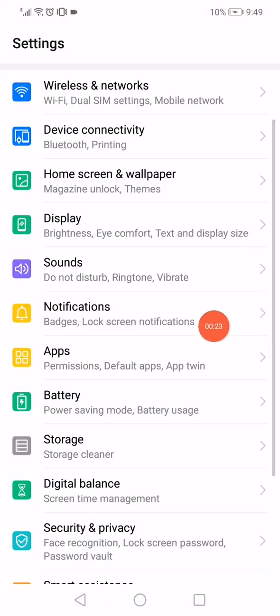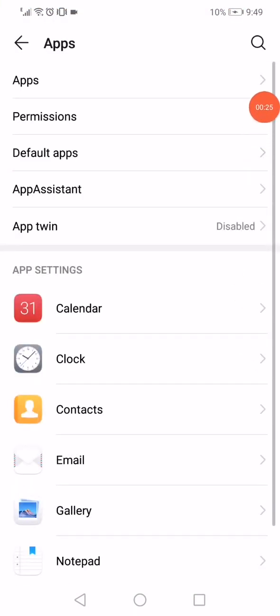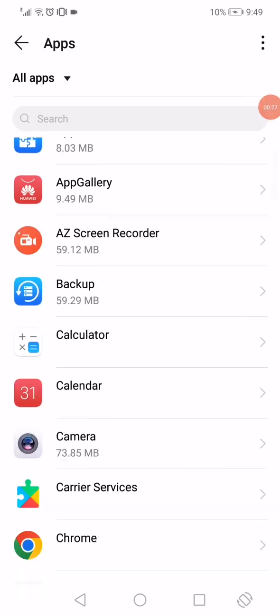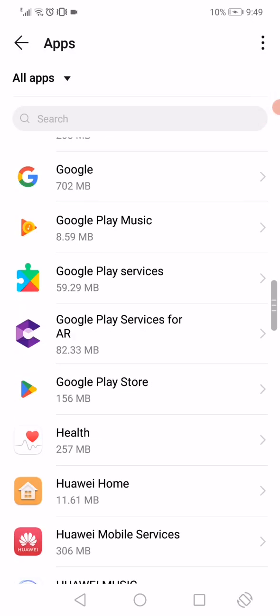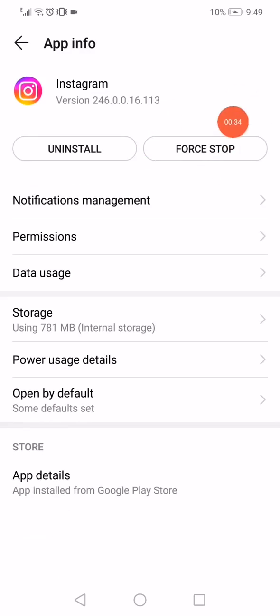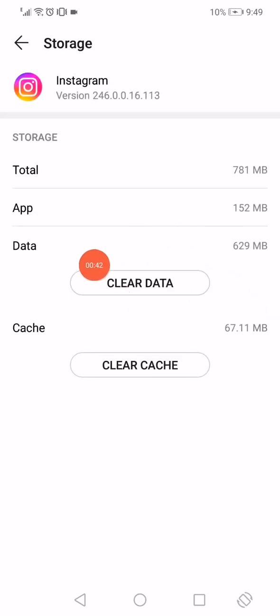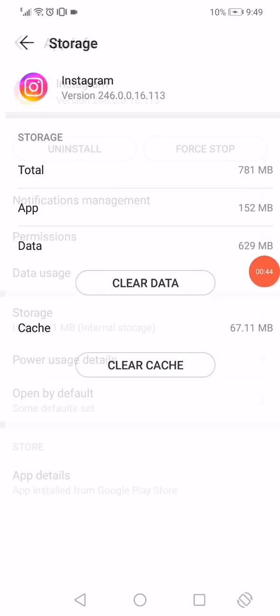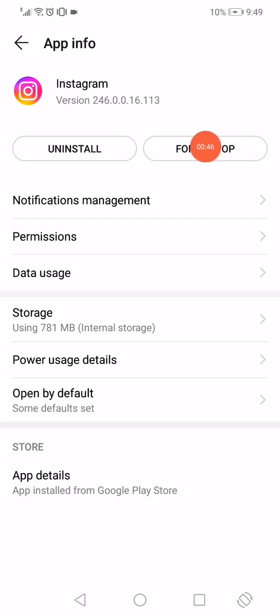go to the apps manager, and then go to the apps again right here. Now scroll down until you find Instagram and click on it. After that, click on the force stop option, and now all what you have to do is just go down and click on the storage, click on clear data and clear cache, go back, click force stop, and then go